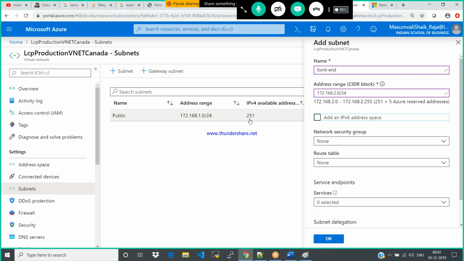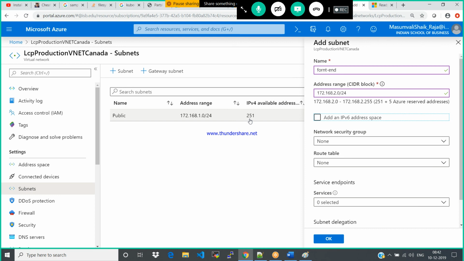The 5 IP addresses will be reserved by Microsoft. The first and last IP address. What is the first IP address? 1.0, and 255 are used for the protocol. The first 3 IPs after 1.0, the rest of the 3 IP addresses 1.1, 1.2, 1.3, are used for internal resources purpose.